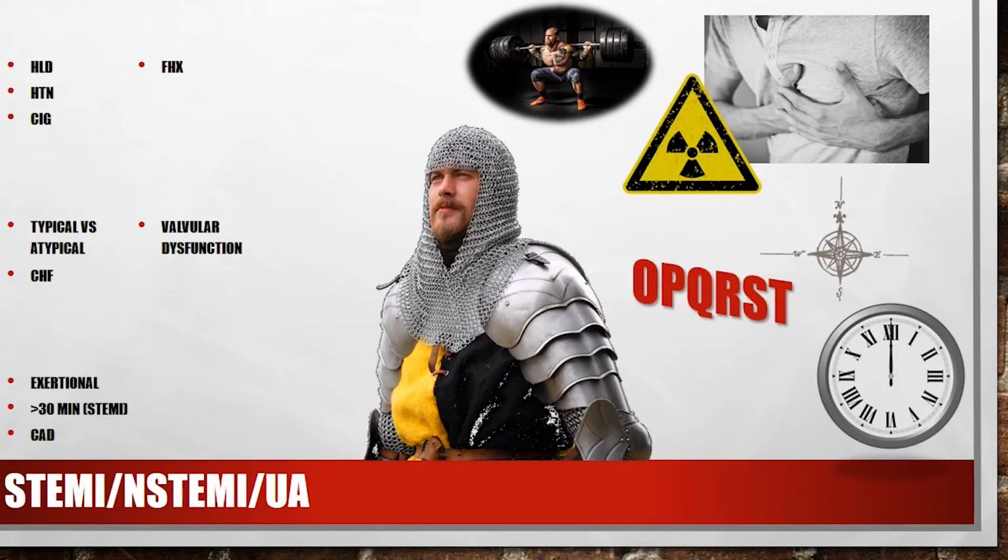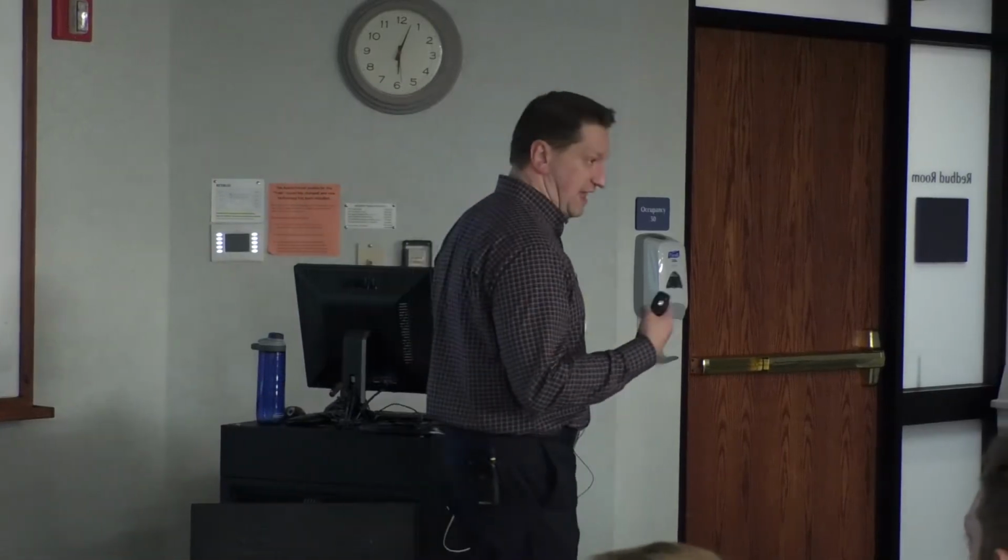How do you figure out whether someone has a heart attack? What they're trying to tell you is to ask the OPQRSTs. Have you guys heard of this? Yes. Onset, precipitating factors, quality, radiation, severity, and timing. So the typical description of angina of any form, whether it be from an acute myocardial infarction, unstable angina, or chronic stable angina, is the following. I have a substernal chest pain, which is constricting or vice-like, with radiation to the shoulder, neck, or jaw, with radiation down an ulnar distribution of the arm.